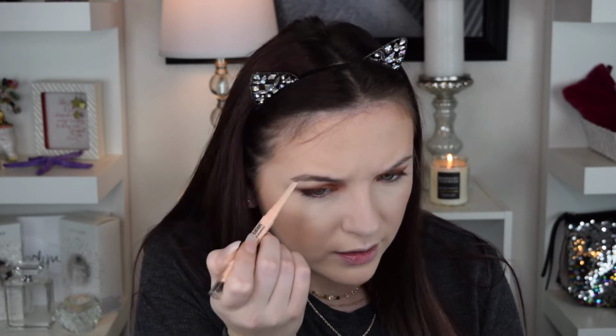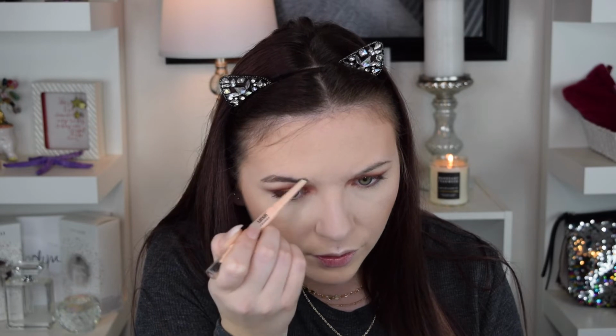Okay, so as far as the product goes, it feels super creamy. I'm excited to see what it does when I decide to spoolie the product back through. It's a really good match for my eyebrows too. Alright, so I'm going to spoolie this back through and see what it looks like. That does not look too bad. I do have a bald spot in my brow, and that is not the pencil's fault. I really like this brow product, and I was scared because of the applicator itself is kind of like...